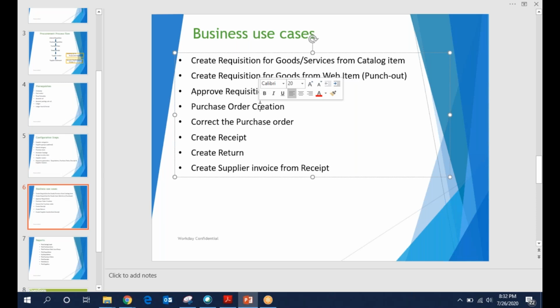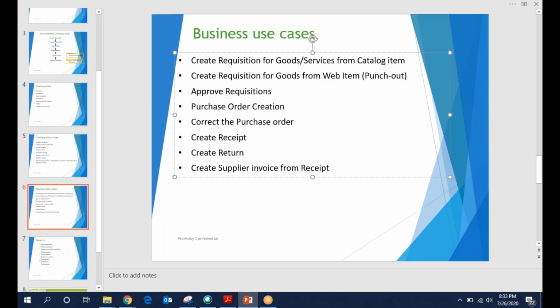These catalogs, the suppliers can directly upload into Workday if they have supplier portal access. The non-catalog items are those the company does not use regularly, like machinery or computers. Those also we can maintain as a catalog, but since they use them only once in a while, they don't have to maintain a catalog all the time. So that is the basic difference between catalog and non-catalog items.